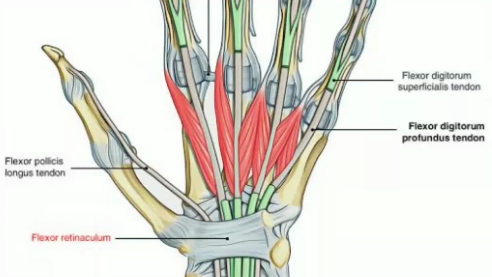There are 4 lumbricals. So here is your clue. Lumbricals originate from FDP, flexor digitorum profundus, and are inserted into the dorsal aspect of the base of the distal phalanx from second to fifth. Now the first lumbrical originates from the lateral border of FDP of the second digit. The second lumbrical originates from the lateral border of FDP of the third digit. The third lumbrical originates from the adjacent sides of the flexor digitorum profundus of second, third, and fourth. And the fourth lumbrical originates from the adjacent sides of the fourth and fifth FDP.